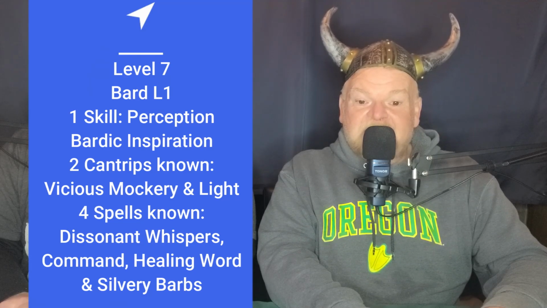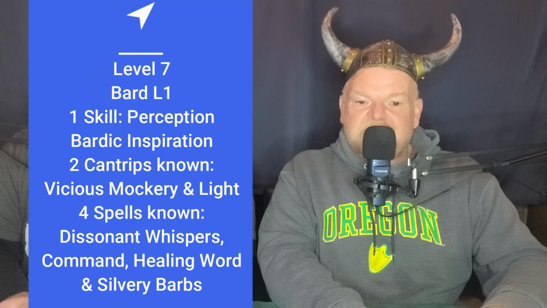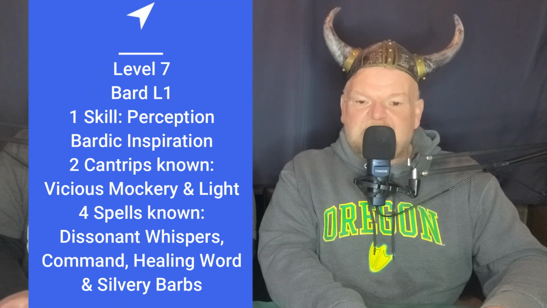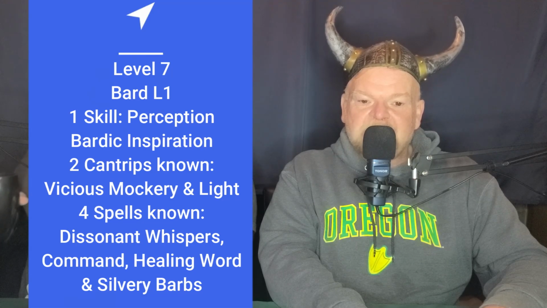He hasn't gotten it yet and will help with his poor wisdom. He also gets bardic inspiration, which are a pool of d6s equal to his charisma modifier. As a bonus action, he can say some inspiring words and give an ally one of these dice, and for the next 10 minutes the creature can use the dice and add it to an attack roll, saving throw, or